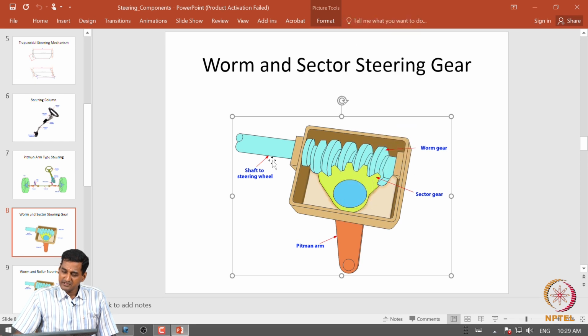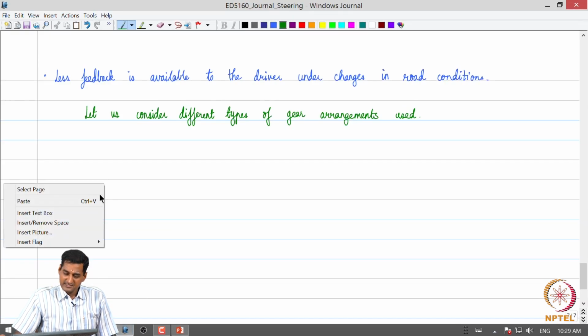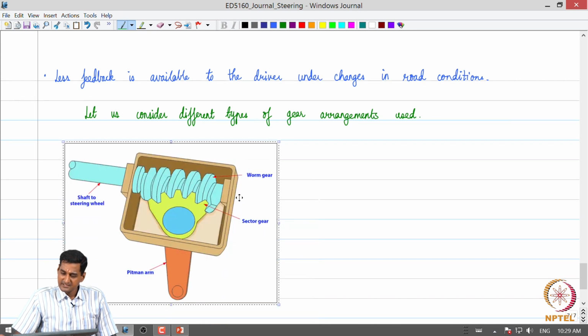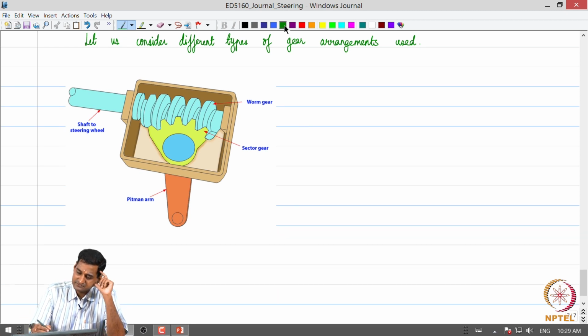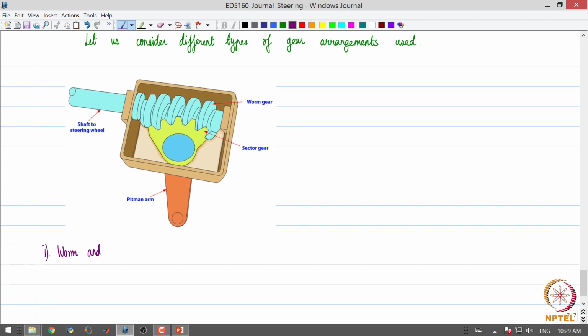So one choice is what is called a worm and sector gear box. In this worm and sector gear box, we can observe that the motion is transmitted from this worm gear. The worm gear is connected to the steering column. So from the steering wheel to the steering column, motion is transmitted to the worm gear, right, which is mounted in the steering box, or the gear box. So worm and sector